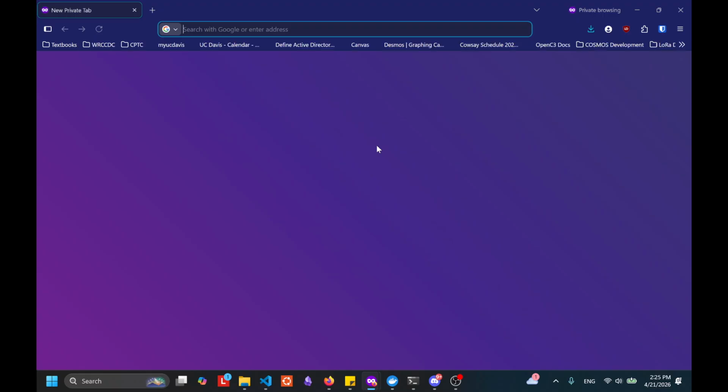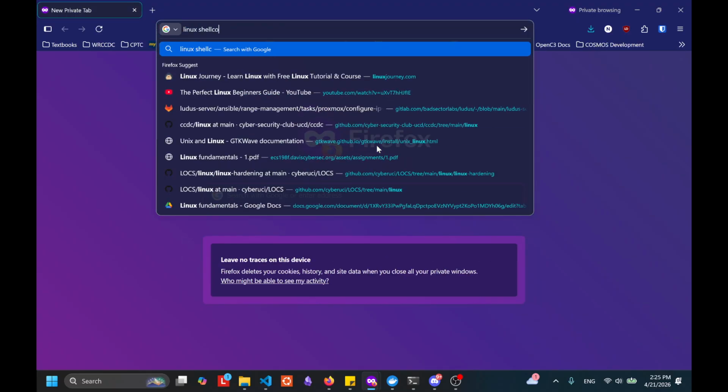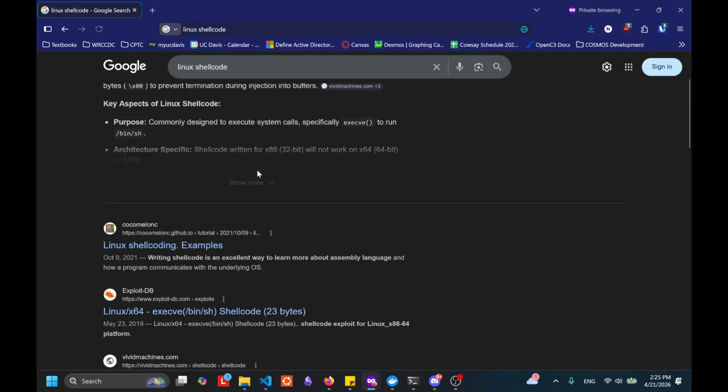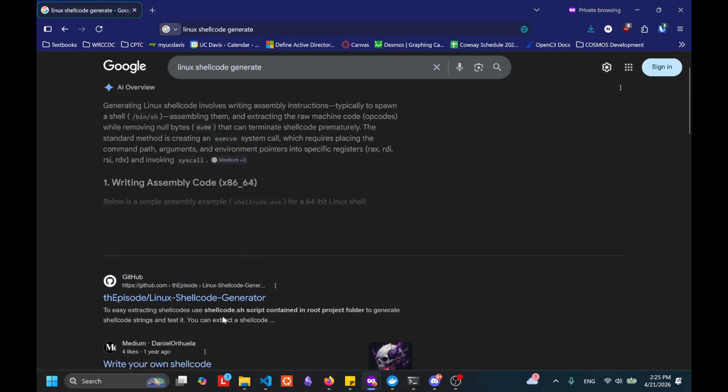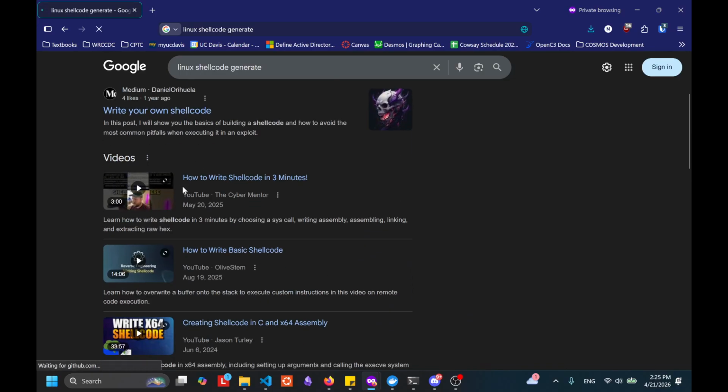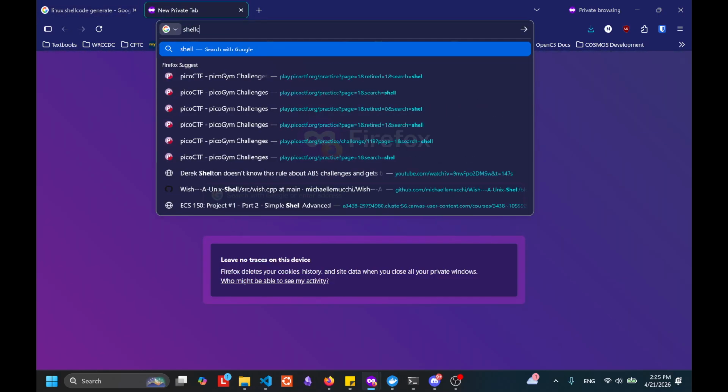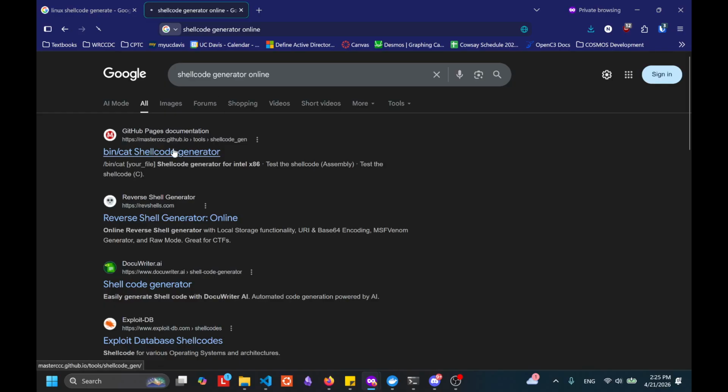Let's see, Linux shellcode. I'm not going to just generate it myself. Let's see, shellcode generator online. Yeah, cat